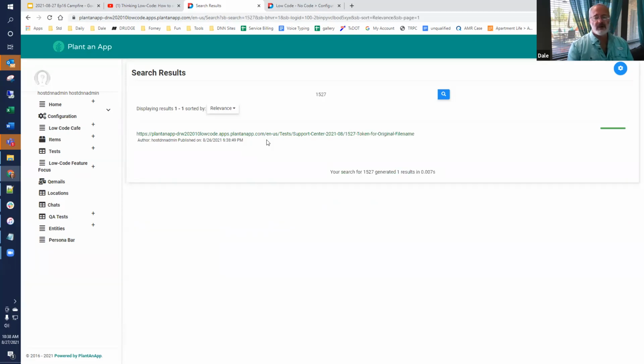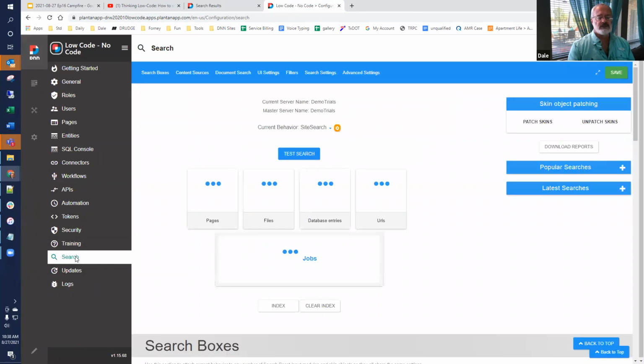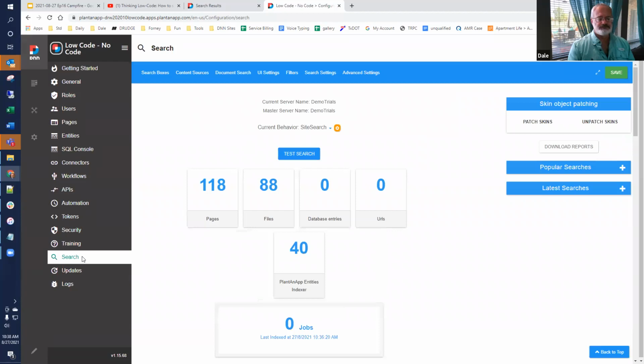It's very interactive, very fast, uses a Lucene index. I think it's similar to, if not the same thing as, what Google does or used to do, but very quick. And so it's just about turning it on and configuring it and figuring out what you want it to do. In Plantain app, it's a built-in thing. It's down here on search, and it's just a case of turning it on.